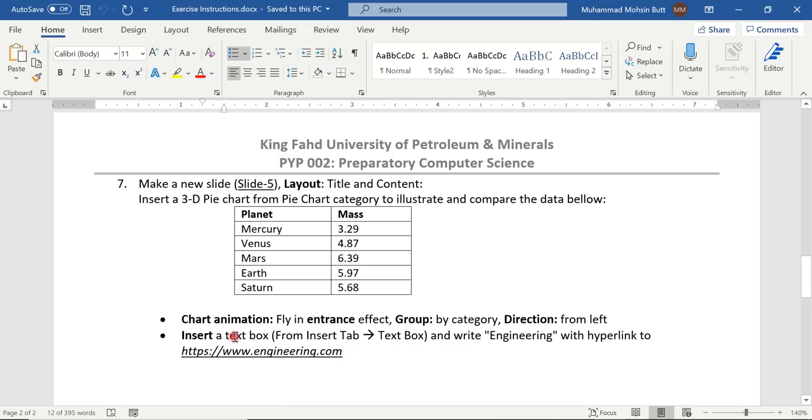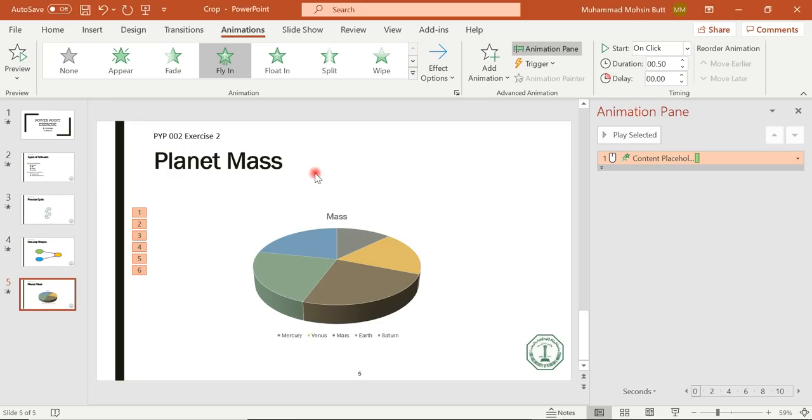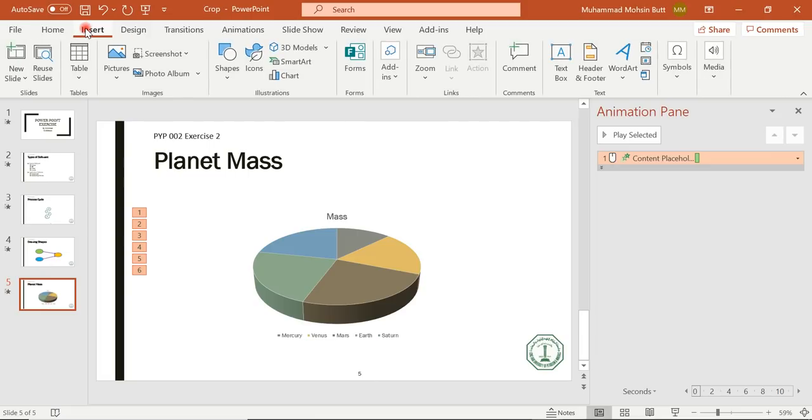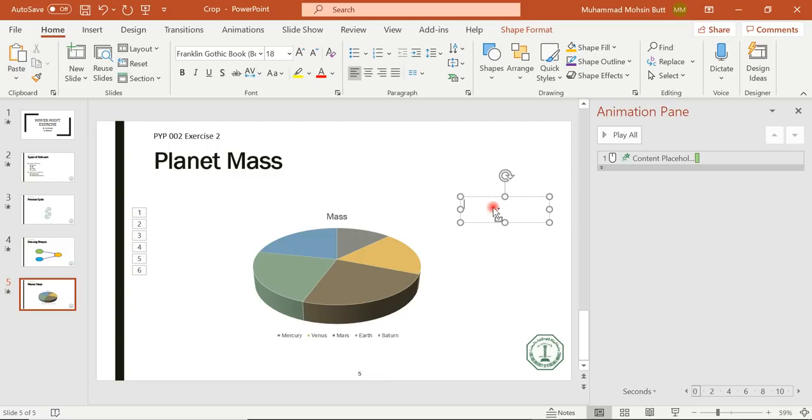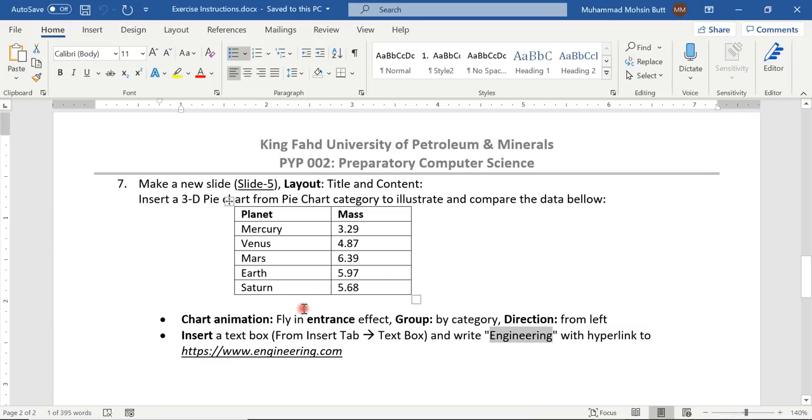Then you have to insert a text box, and you have to write engineering in the text box. So you can insert a text box according to your own requirement as well. From the insert tab, you can click on the text box button and draw a particular text box here, and inside it you can type the text, for example engineering, and then it says you have to hyperlink it